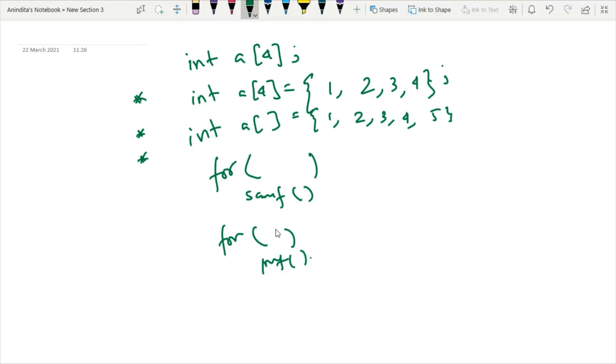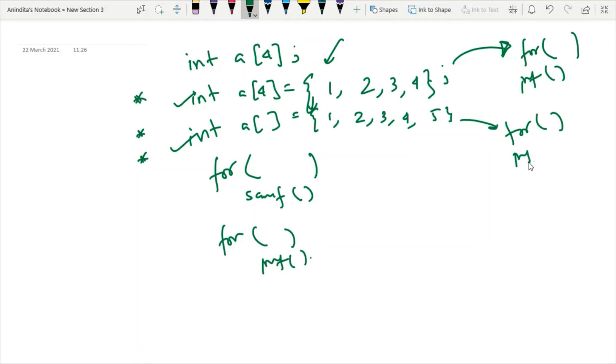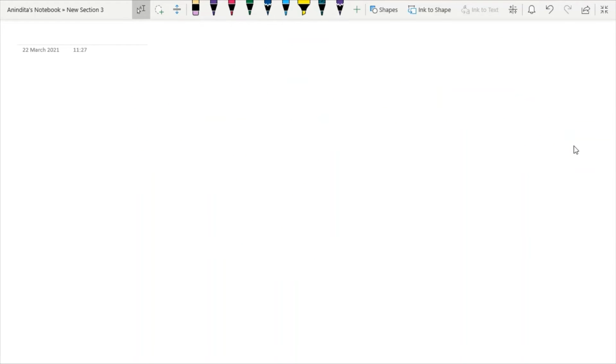Now remember one point, all these mechanisms are for taking input, right? So in this case also, for printing the value, you have to use a for loop and you have to use the printf function. Here also you have to use a for loop and a printf function for printing. So this part is the same. But we have to understand one more thing about this array, because the orientation of the integer array is not the same as the orientation of the character array. Why? Now try to understand this point.